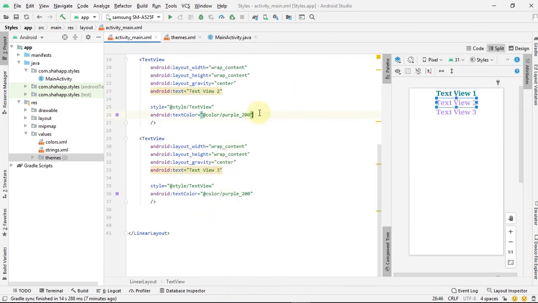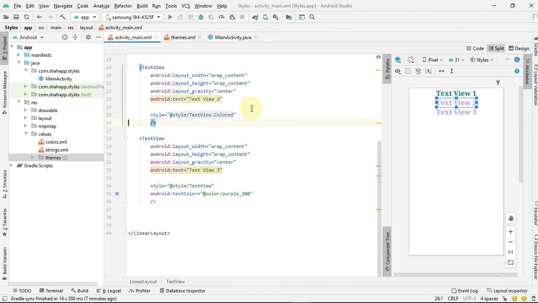And instead of these 2 lines, we can use our text view dot colored style, and the result is the